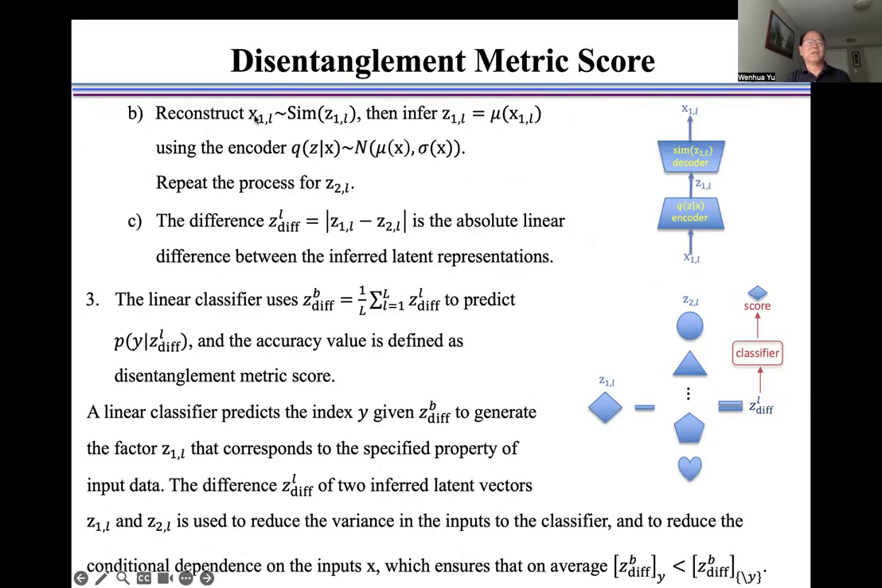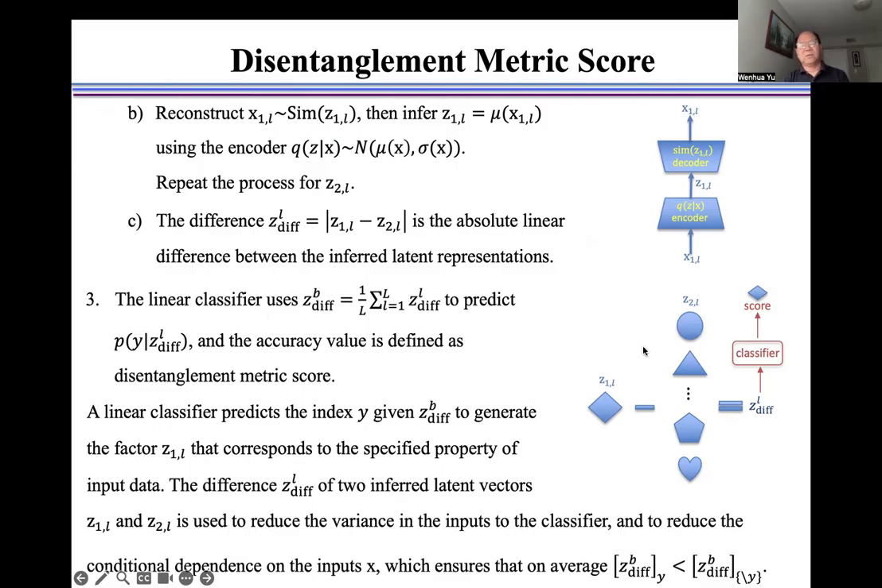B, reconstruct X1 from a simulator, then infer Z1 by using this encoder Q. Repeat the process for Z2, as shown here. The difference ZL is the absolute linear difference between the inferred latent representations. Third, the linear classifier uses ZB to predict Y, and the accuracy value is defined as the disentanglement metric score,